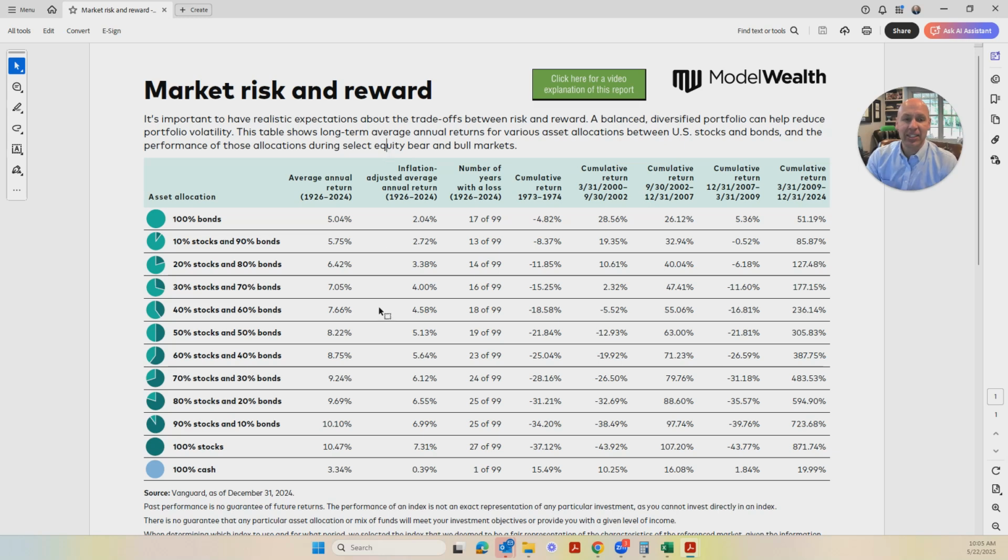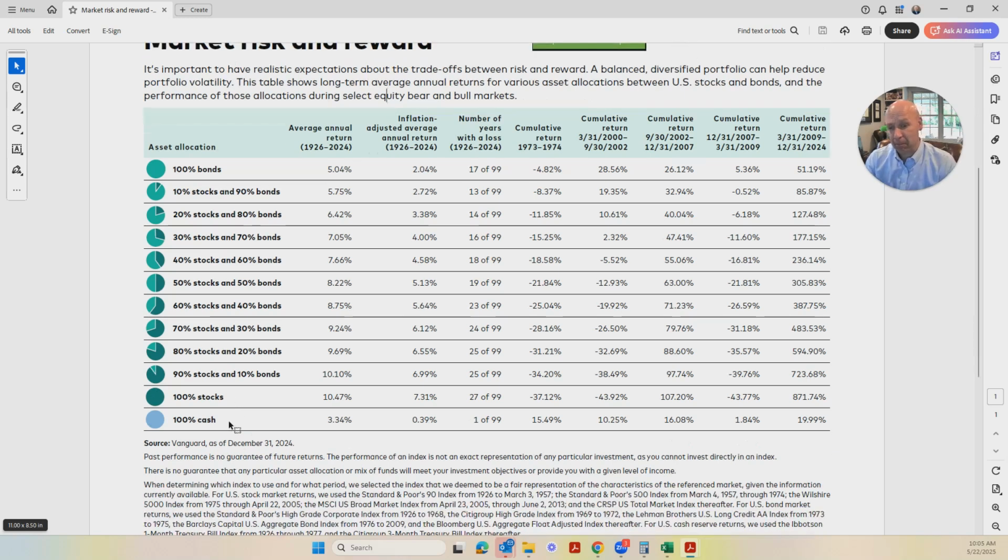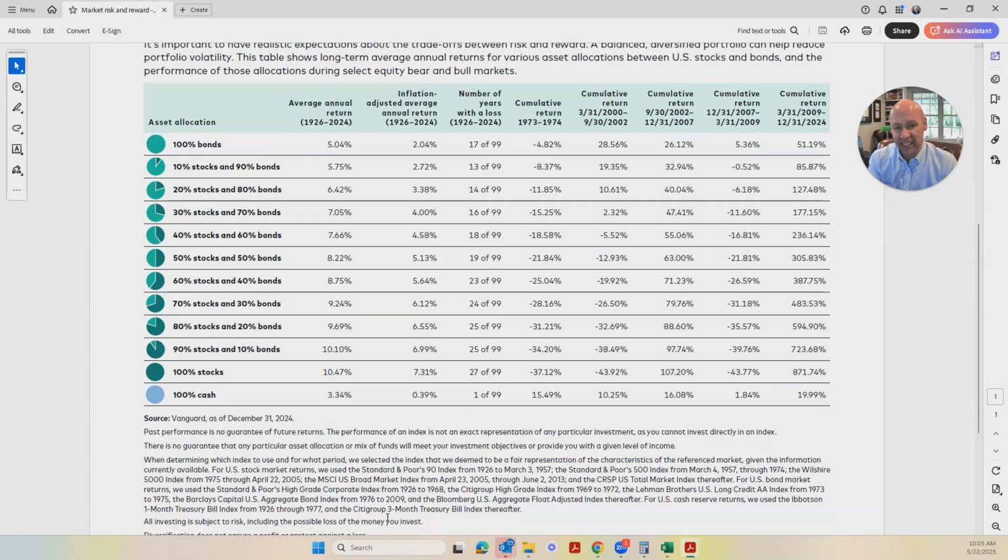And before we get into the data, let's just look at the measuring sticks that represent the returns here. So for 100% cash, that is basically the Citigroup 3-month Treasury bill index. For the bond market, which is basically loans, you're a lender, you're a bank if you own bonds. That is most recently represented by the Bloomberg US Aggregate Float Adjusted Index. And if we look at the stock market, this is just US stocks, but you'll see here the CRSP, which stands for the Center for Research and Security Prices, US total market.